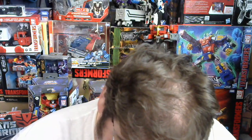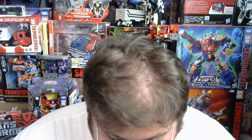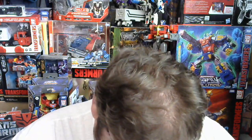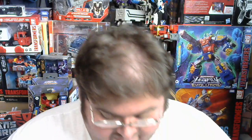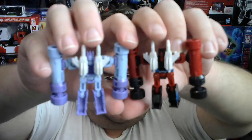And for those of you wondering, I believe that the laser guns that sit on their backs, yeah, they are the same color. They are the laser guns. They are the exact same color. They're done in the same light gray plastic on both of them. For some reason,